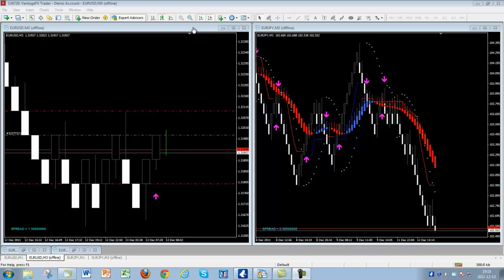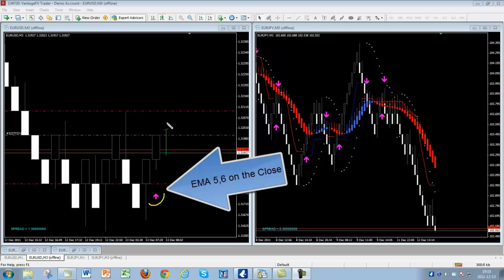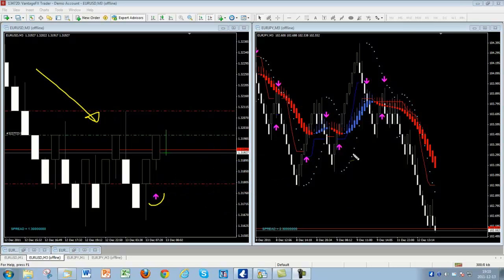Okay, now I'm showing you a method using an EMA cross here. This is an indicator which the 5-6 EMA will create an arrow in the direction of the cross instead of using the parabolic SAR indicator, which you can see just here. So the 5-6,